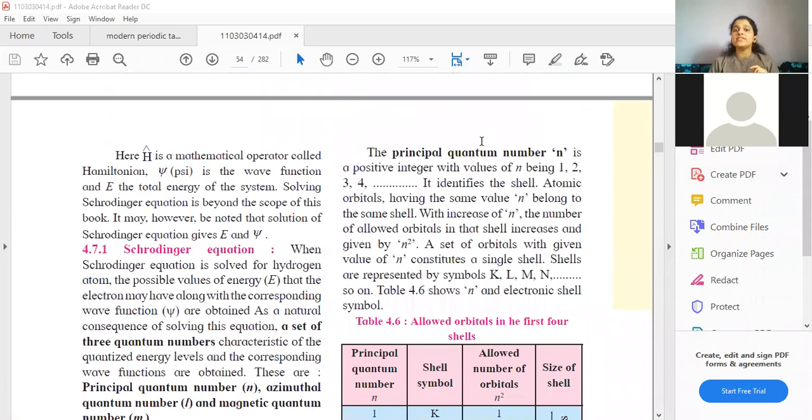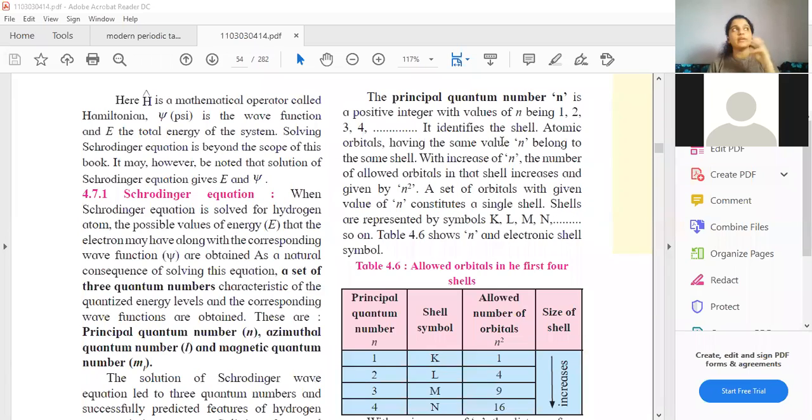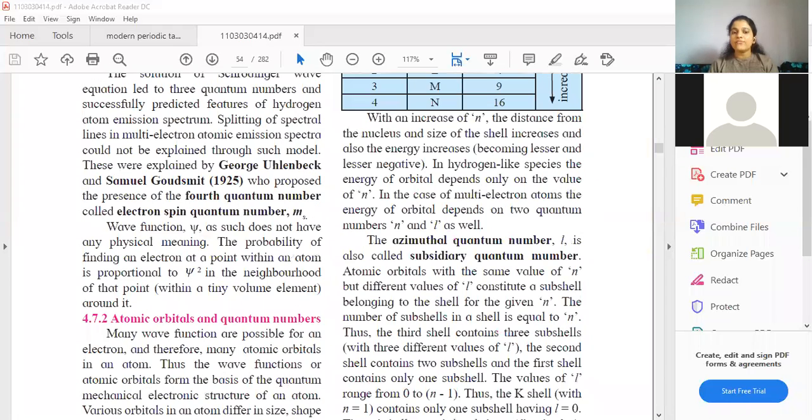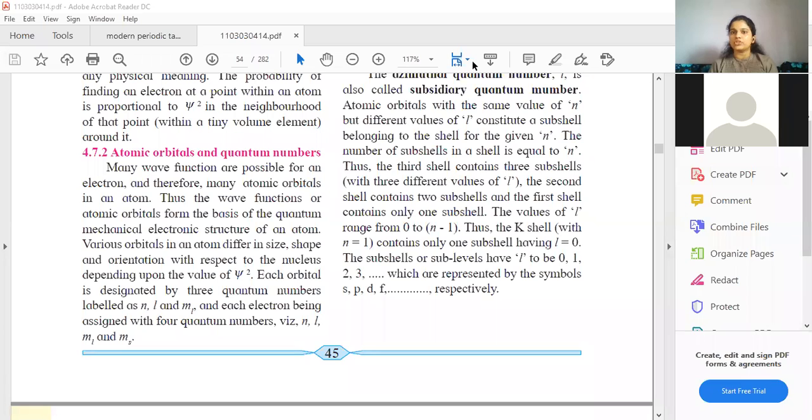All right. Now students, as I said, in electronic configuration we are supposed to give the exact location of the electron. For an electron, there are 4 quantum numbers that come into the picture. You can see over here: n, l, then m subscript l, and then m subscript s. We have already discussed the first two in the last lecture.